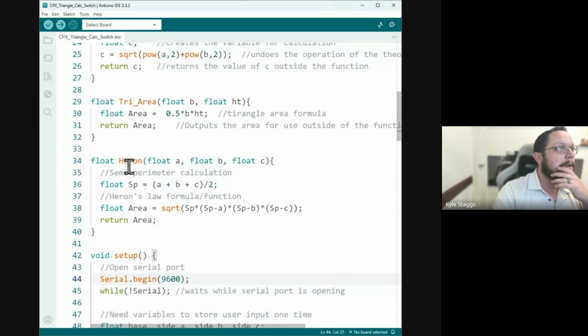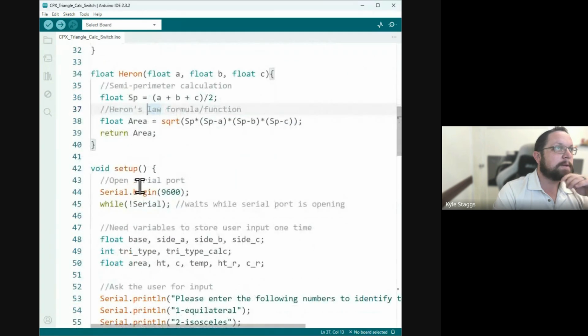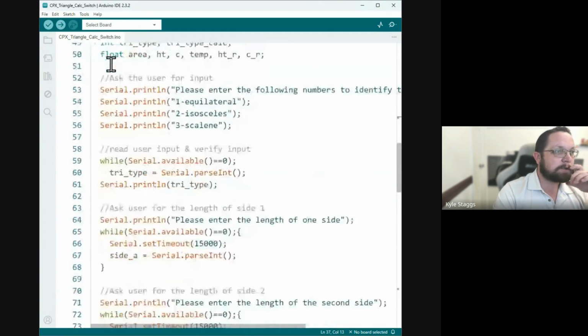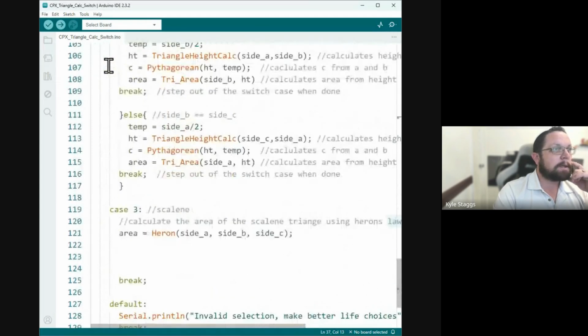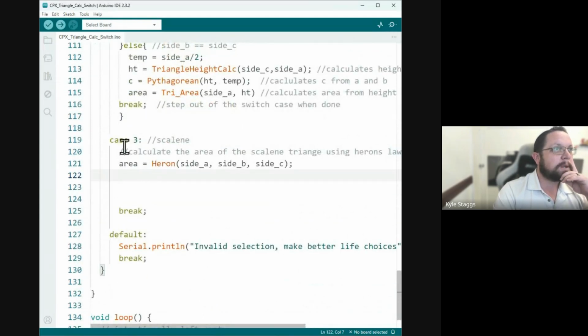All right, so we have our Heron's formula. We get the area back out as a floating point value. So area equals Heron, side A, side B, side C. So then